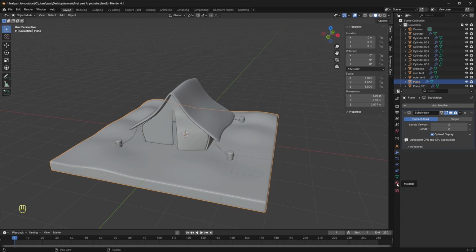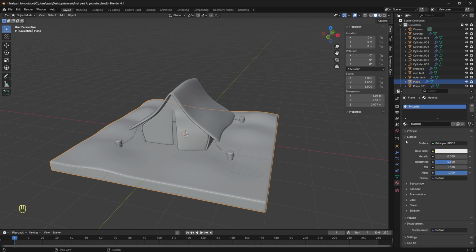We are coming in here. You see the material icon in here, like the world icon. Now, by clicking new, you would be able to give a material. By double clicking, we are going to rename this, and we will rename this ground material. In here you can change the color, base color,